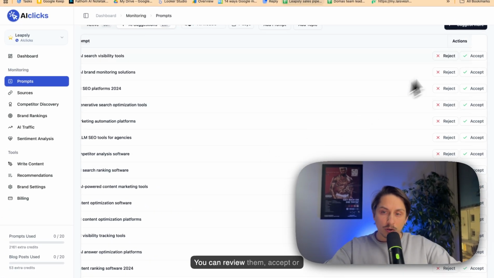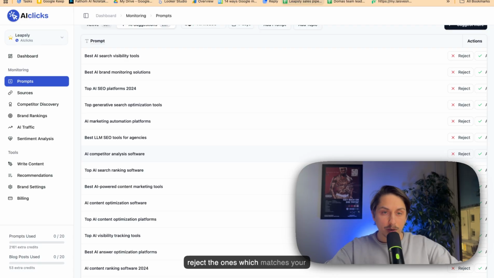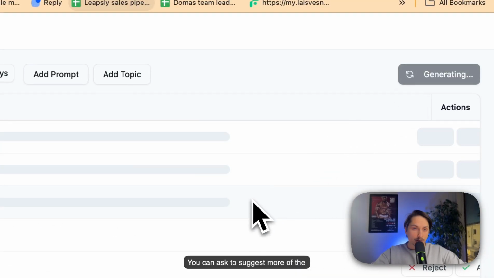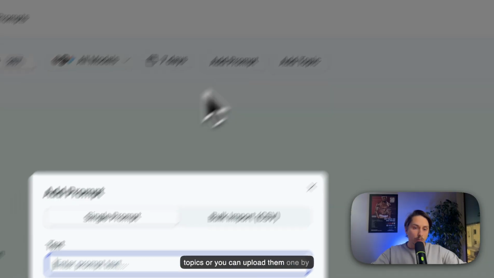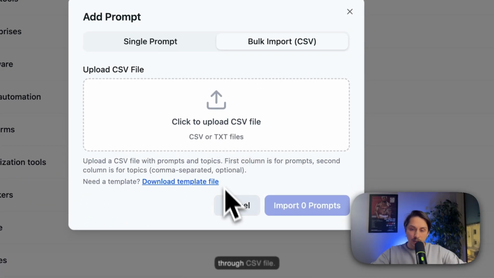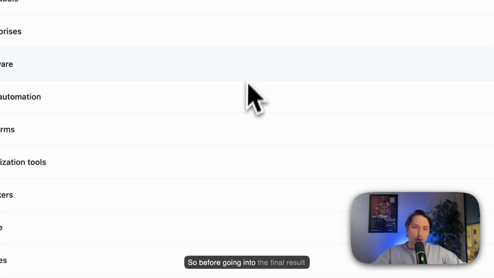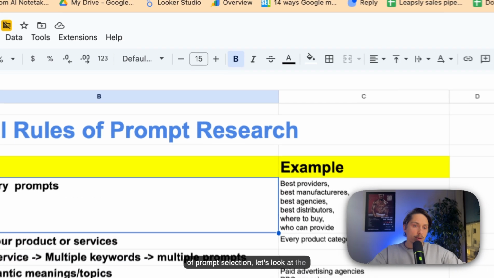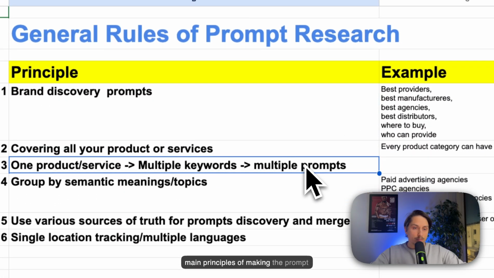to track. You can review them, accept or reject the ones which match your business perfectly. You can ask it to suggest more topics, or you can upload them one by one manually, or use a bulk upload through a CSV file. So before going into the final result of prompt selection, let's look at the main principles of making the prompt